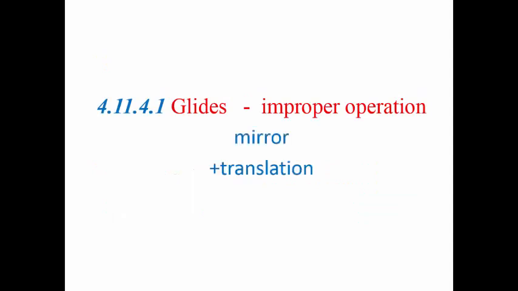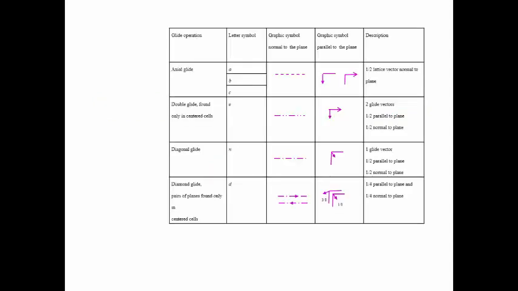Now here's our glide operations. They consist of a mirror and a translation, and here are our glides. You can see we can glide along A, B, or C. We use this dotted line, or if we're in the plane, the arrow gives you the direction of